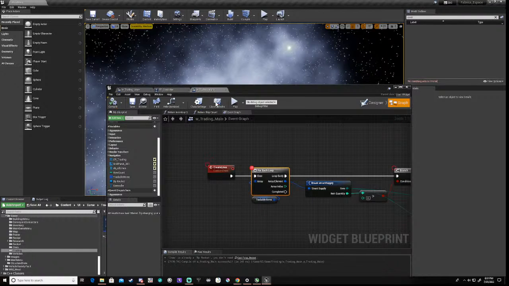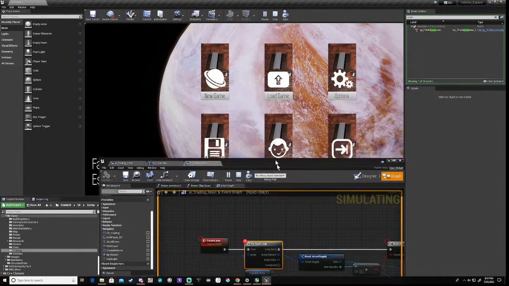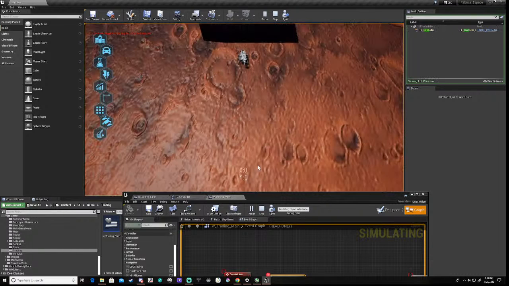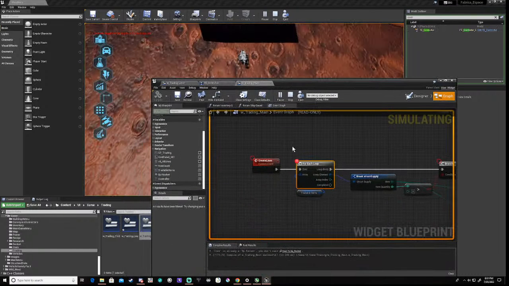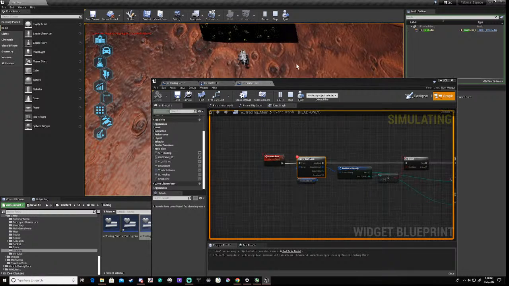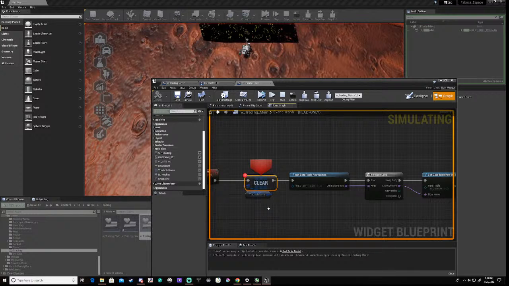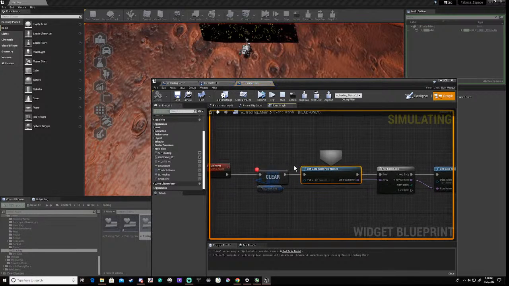So if we hit 5, so basically step over this and tradable items should be empty, which it is,